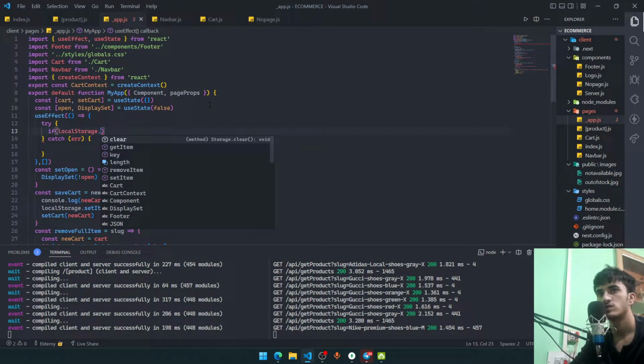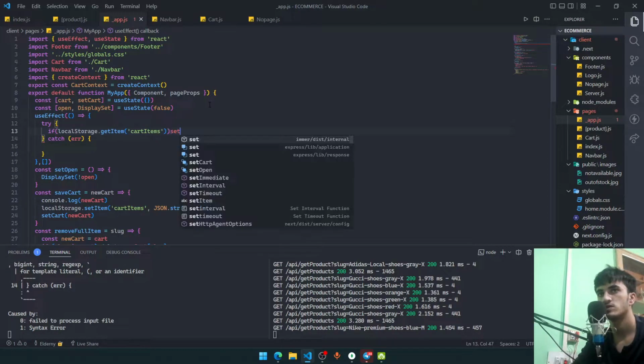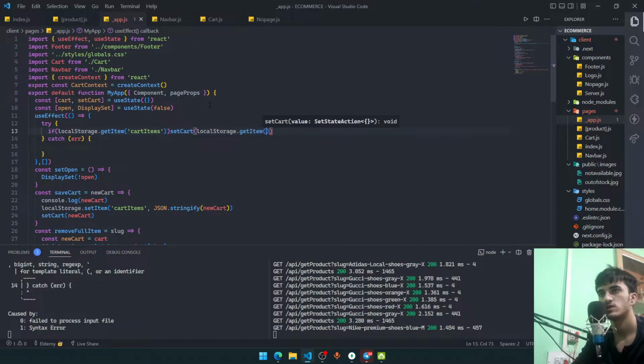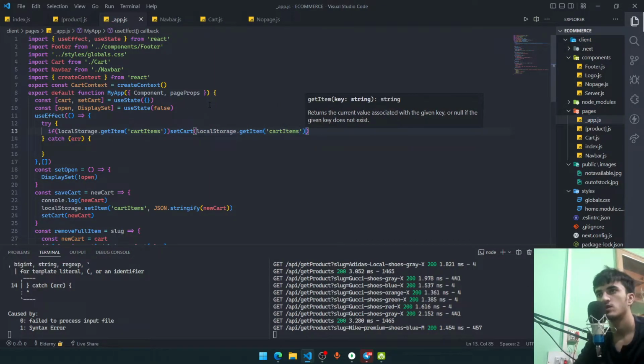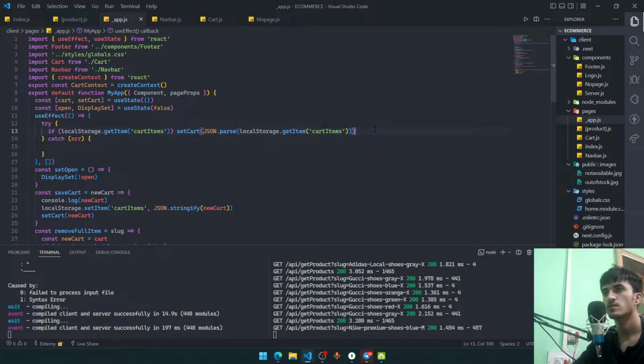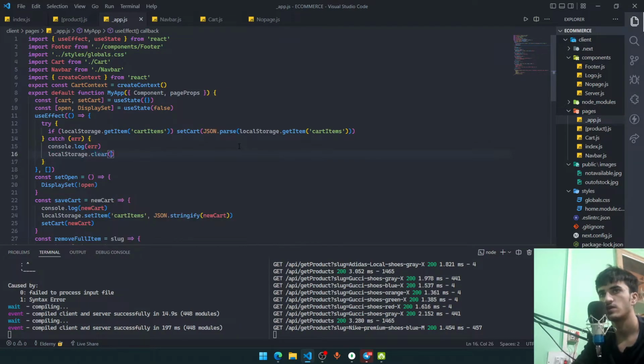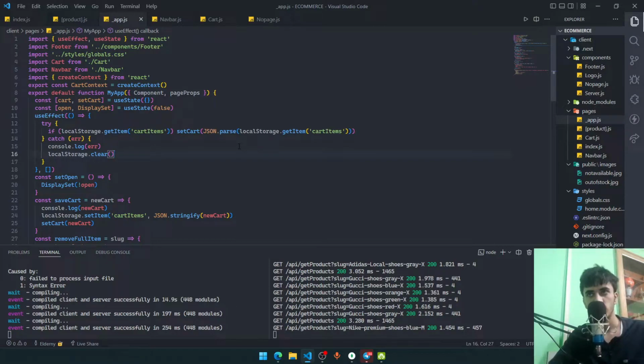If local storage dot get item, if cart items exist, then what I want to do, I'm going to set the cart to local storage dot get item cart items, JSON dot parse it, okay. Otherwise you already know. Error, I want to first of all just console log the error and then do a local storage dot clear. So basically if some error came, like the user might have edited something in the local storage and some error just came,